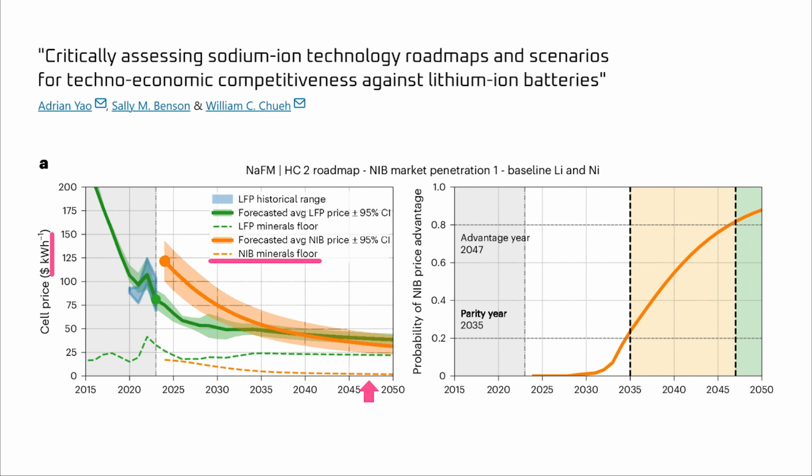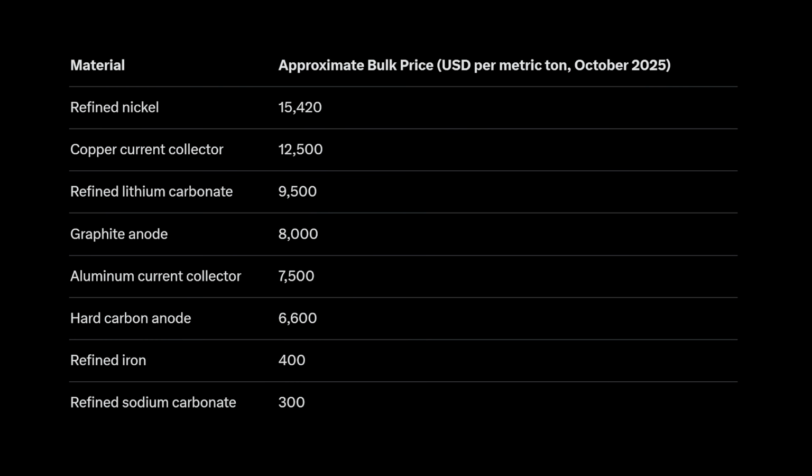Let's take a look at why. The table on screen shows 8 of the key materials used in sodium and lithium-ion batteries, and some rough guesses as to the current cost of each per ton. Note that I've left finished cathode material off the list. That's because I've selected materials here that are commodities or near commodities to give an indication of the long-term cost